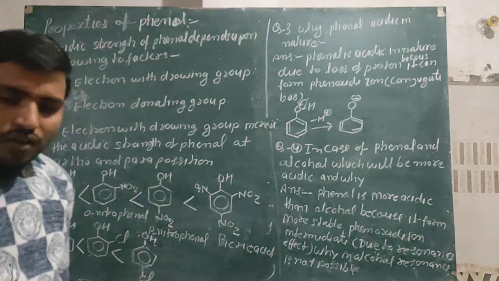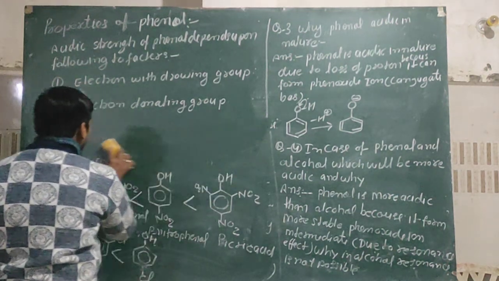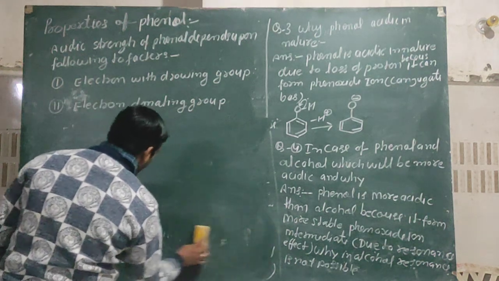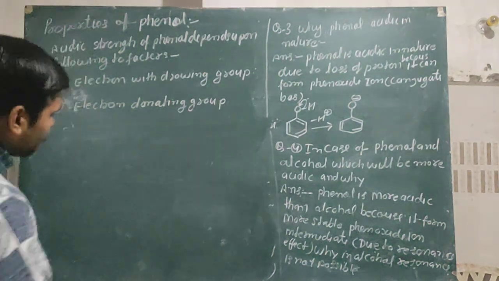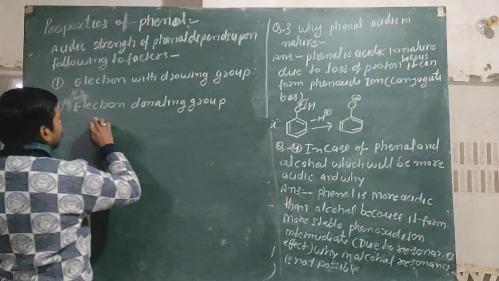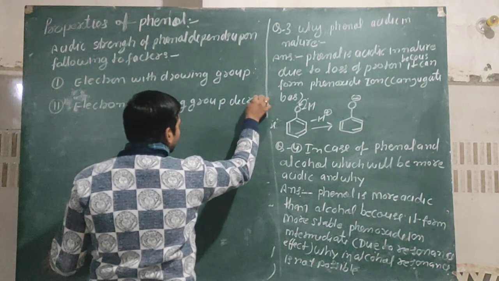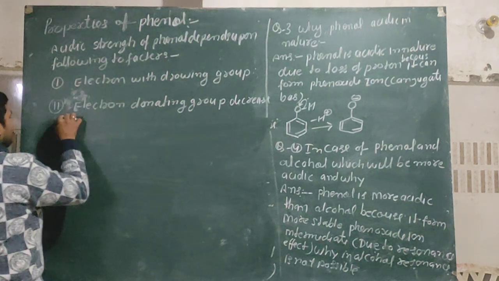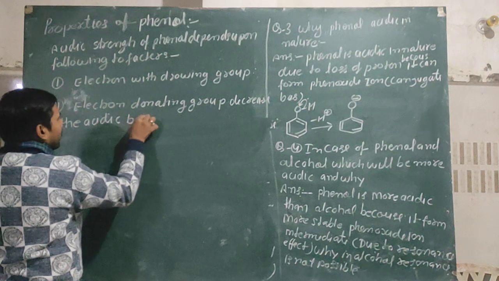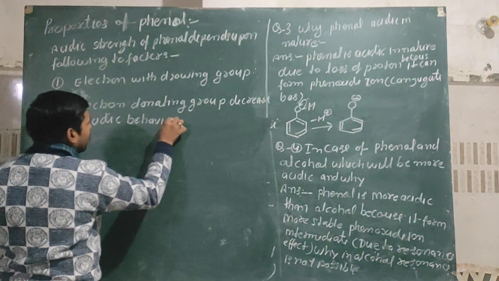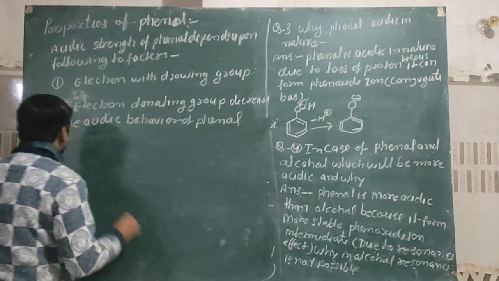Except this, if an electron donating group is present, then acidic character decreases. Electron donating groups decrease the acidic behavior of phenol. For example,